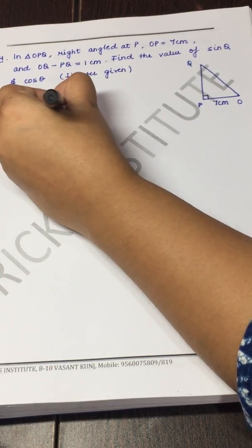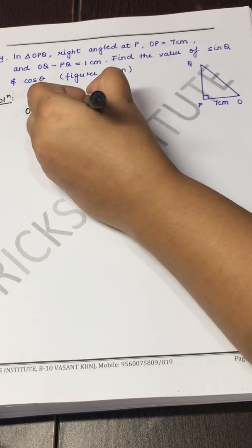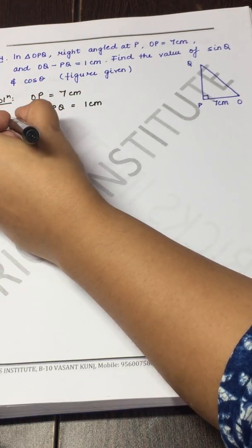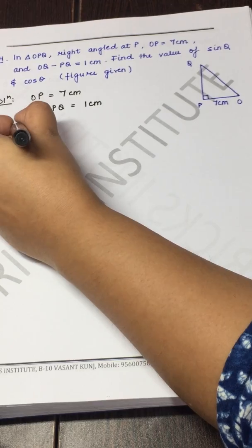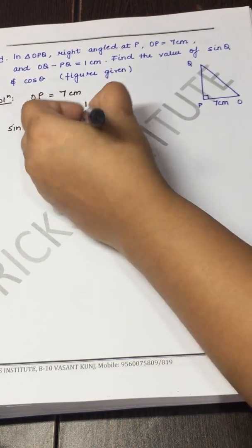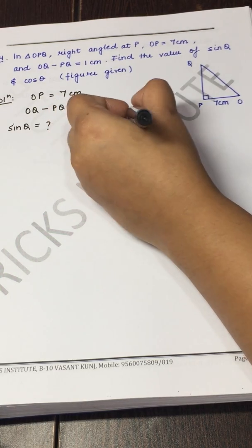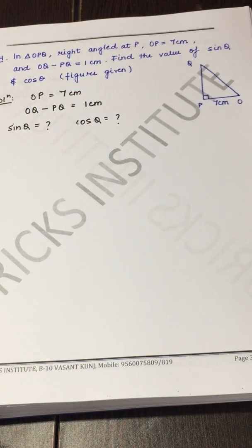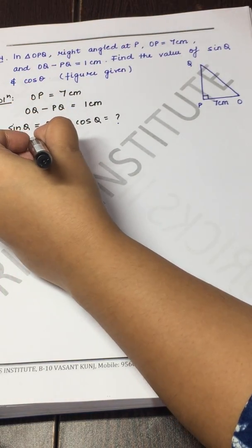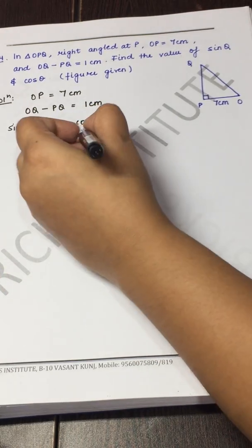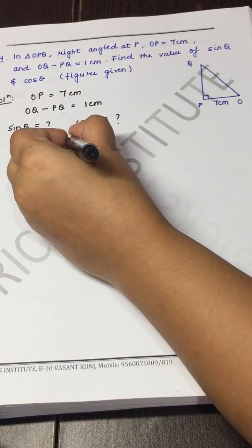OQ minus PQ is 1 centimeter, and we have to calculate, what do we have to calculate? Sin Q we have to calculate, and we have to calculate cos Q. For that we need all the three: perpendicular, base and hypotenuse. Let's see how do we calculate it. Let's apply Pythagoras theorem. So OQ square, which is your hypotenuse, is equal to PQ square